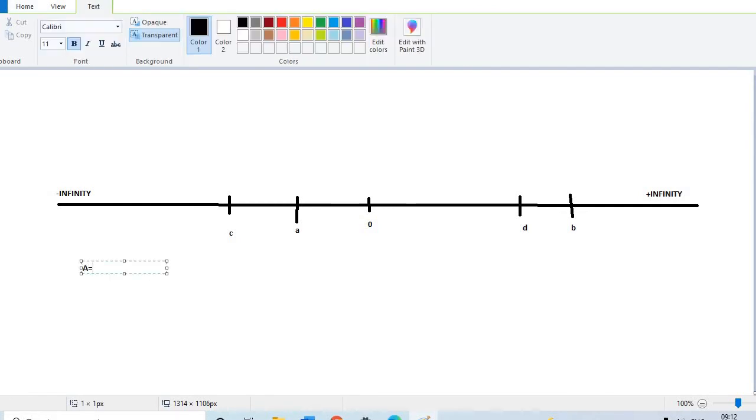capital A equal to minus infinity to A, and capital B equal to open C, comma